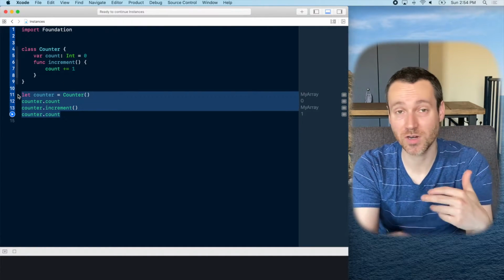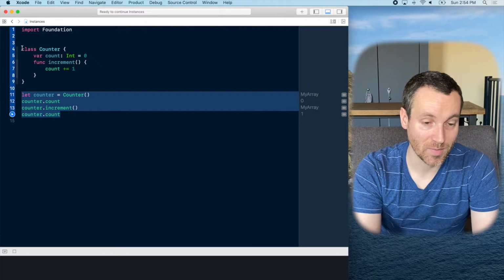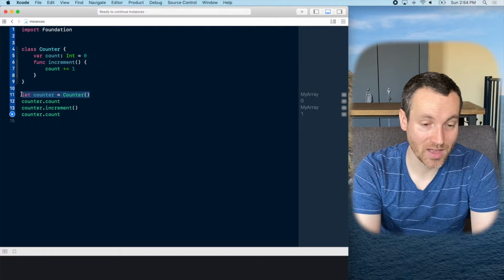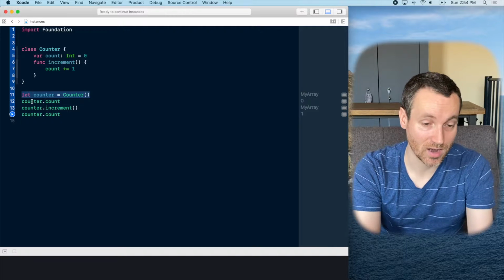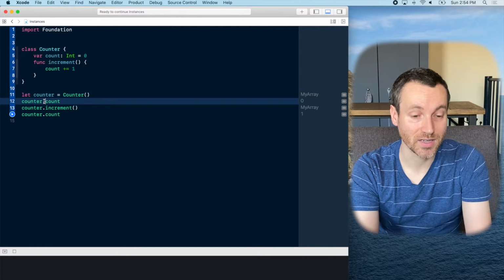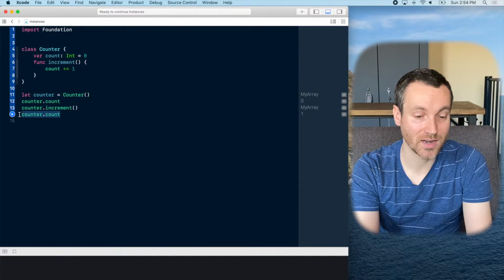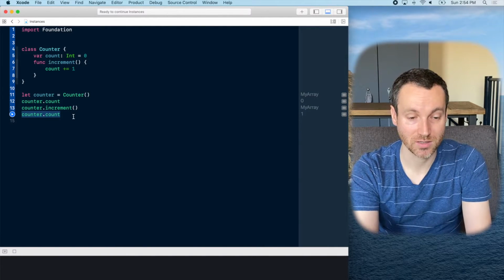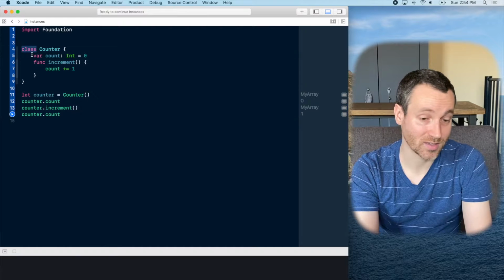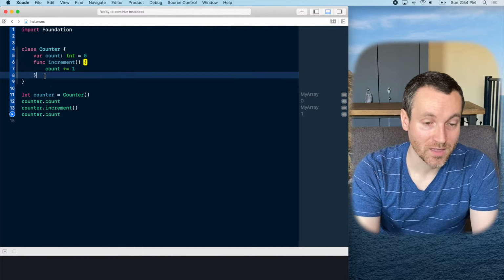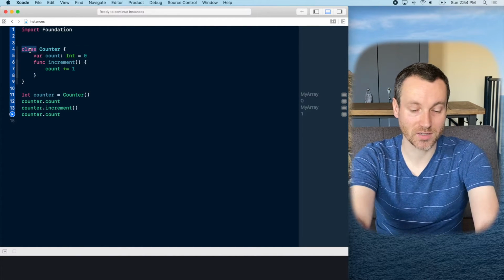By looking at this code, even without the compiler running, I have a class, and I have a constant instance of the counter class, and I can get the count from it. I can also call increment on it, and then I expect the count to change. That's because I see the implementation right here. Now, if I change this back to a struct,